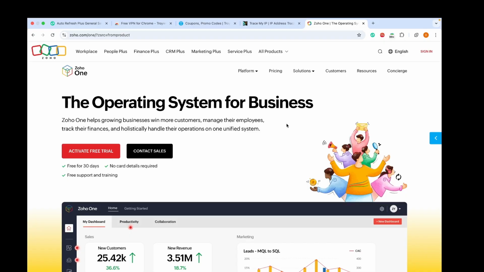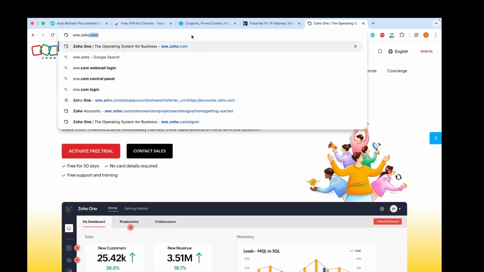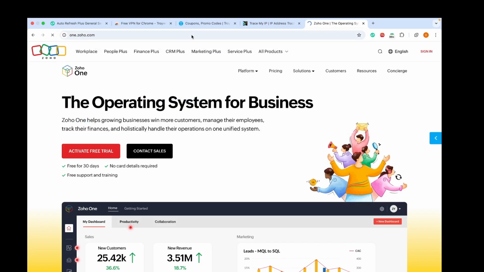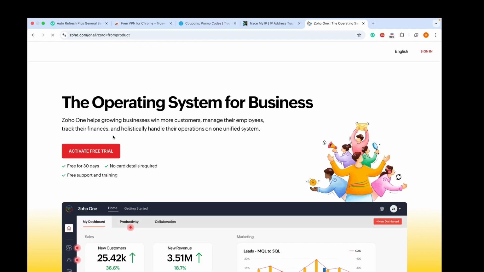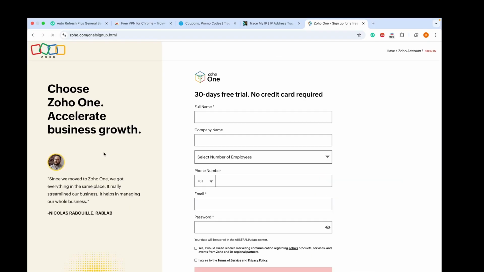So first of all, you go to one.zoho.com. That's exactly where you're going. Once you go to one.zoho.com, it's going to take you to this particular page I'm on. I just want to show you that this is exactly where it's going to take you. So you activate the free trial. Once you click on activate free trial, it's going to take us to where we are going to sign up for Zoho One. Once we get the sign up page,